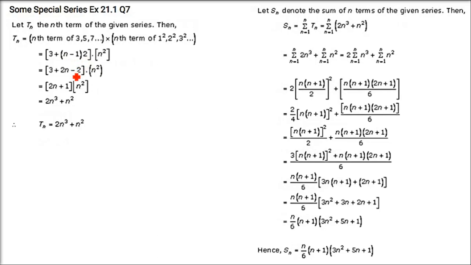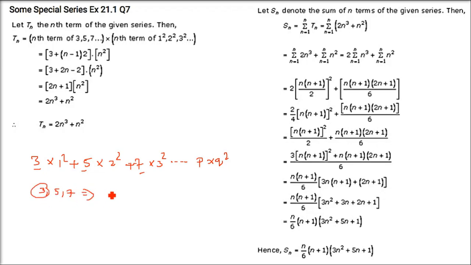Then we have 3 into 1 square plus 5 into 2 square plus 7 into 3 square. Now this also is an NCERT question. So we have to get the final term Tn and take the sigma. That is P into Q square. P is what? 3, 5, 7. So there is a series, 3, 5, 7. What is the final term here?